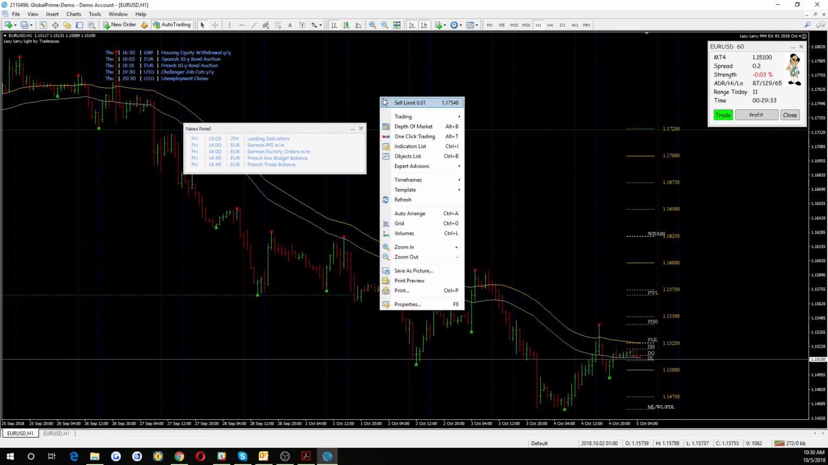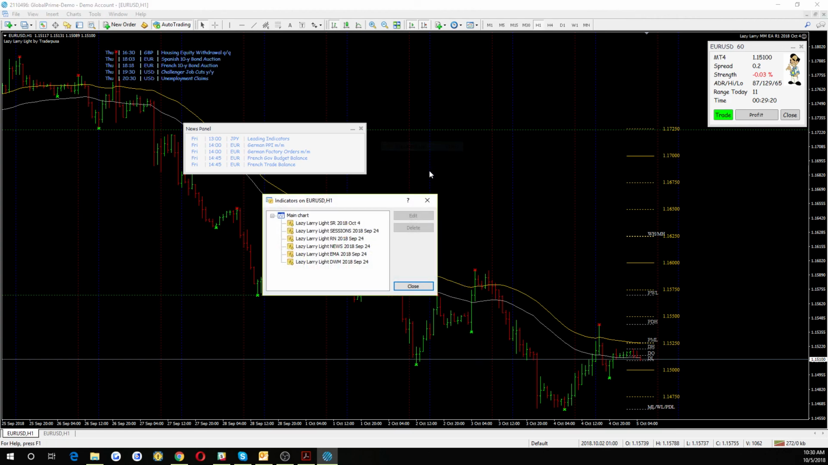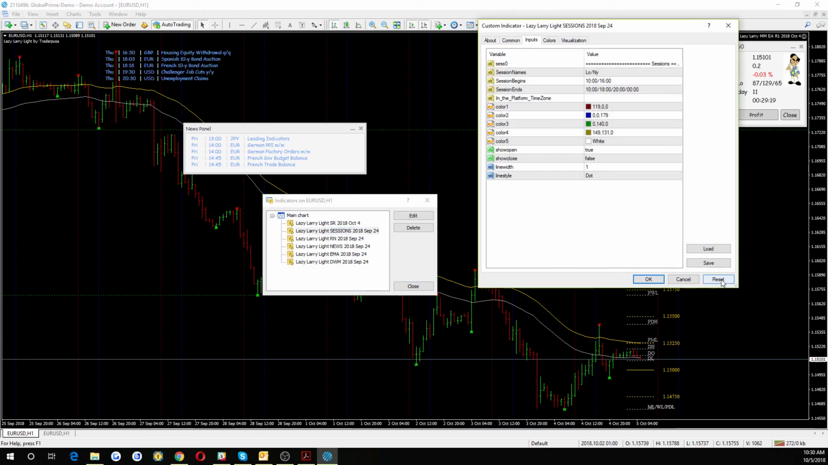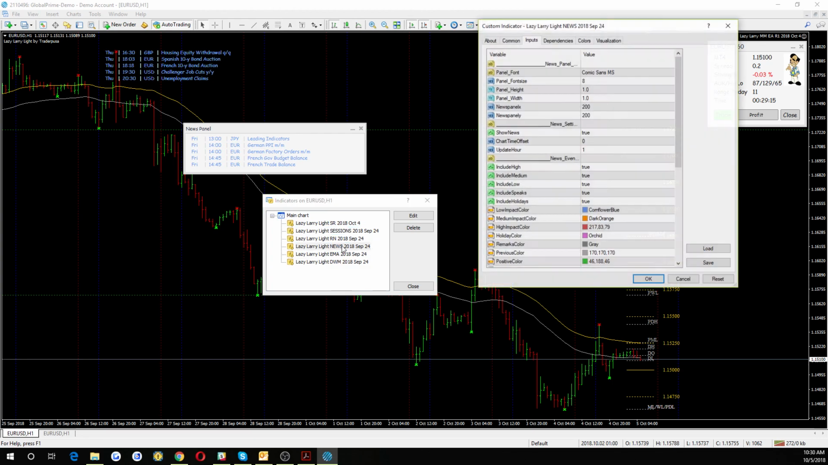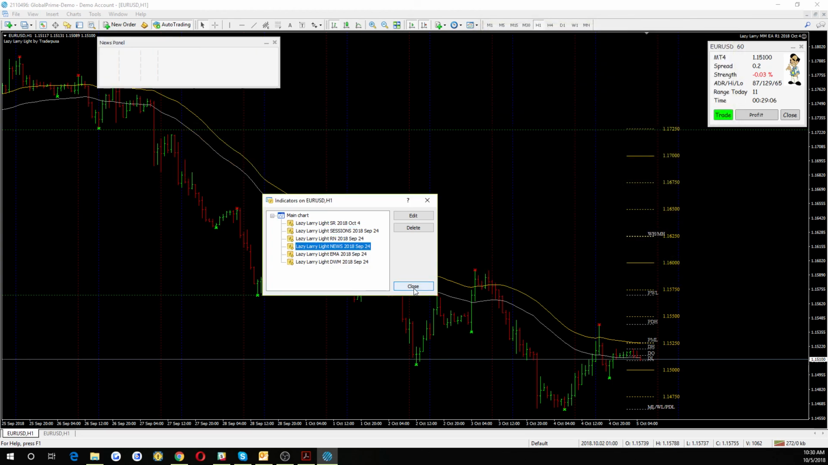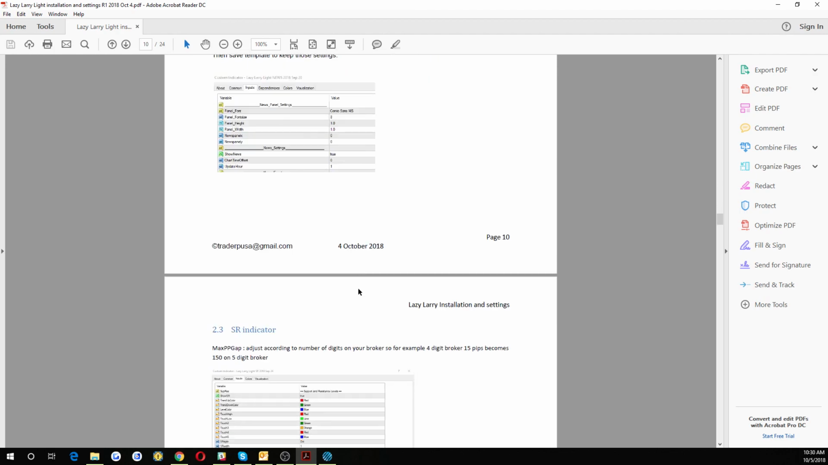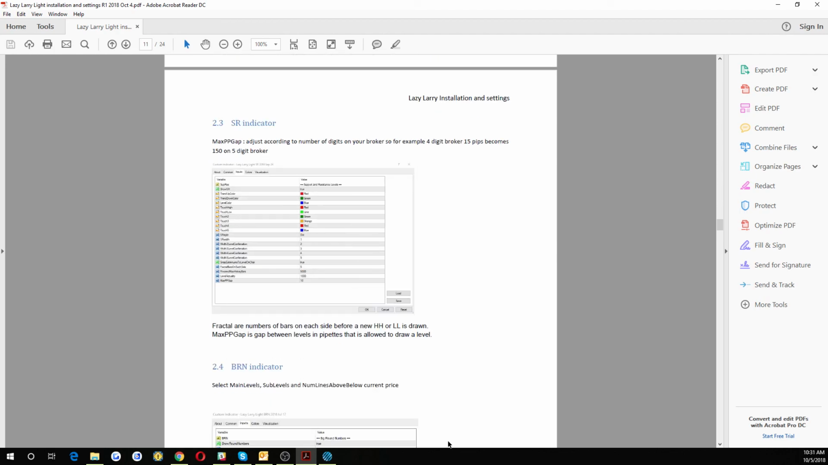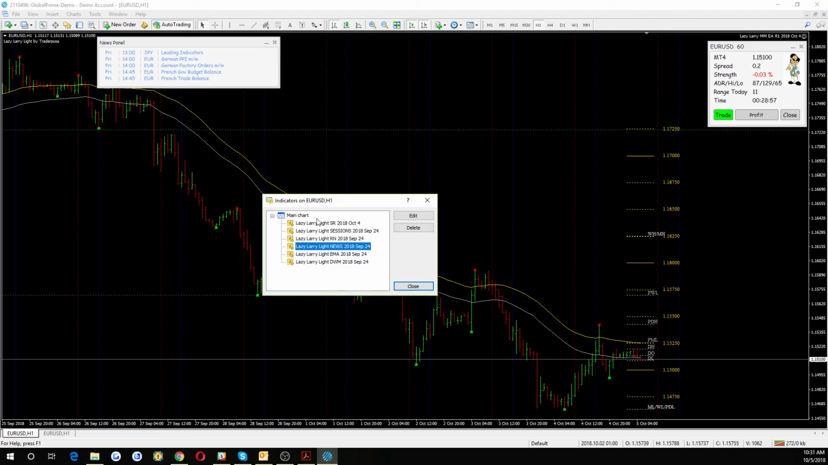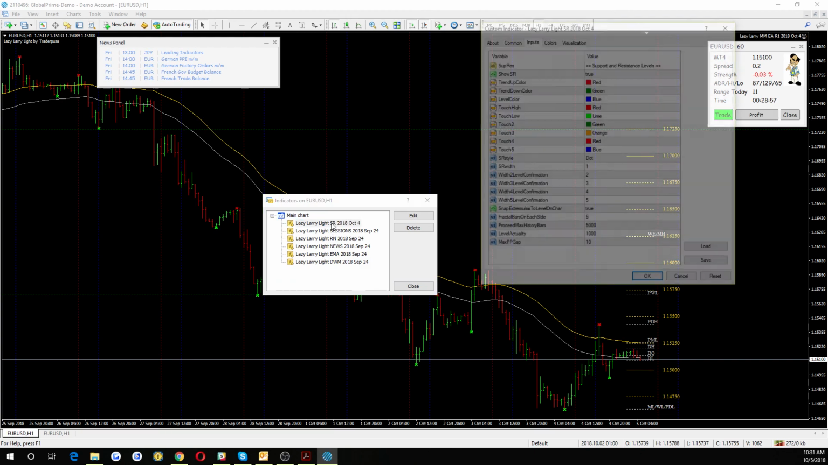Okay, so let's go back to the sessions, indicator lists, sessions, resets, no, news, reset. Okay, so at least we covered that. Then back to our user manual, the support resistance indicator, so back to the chart, SR,